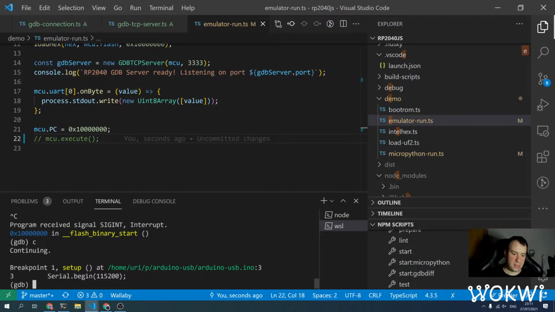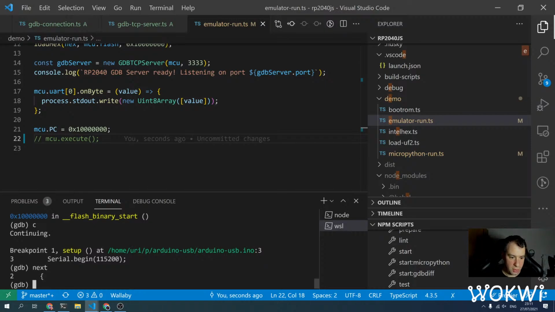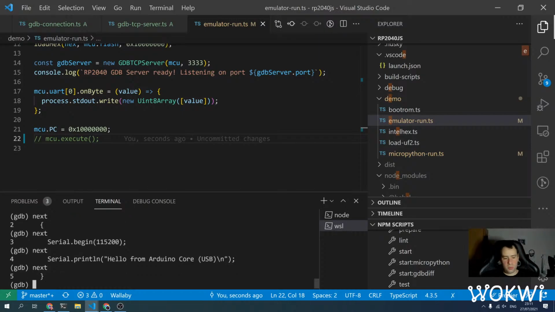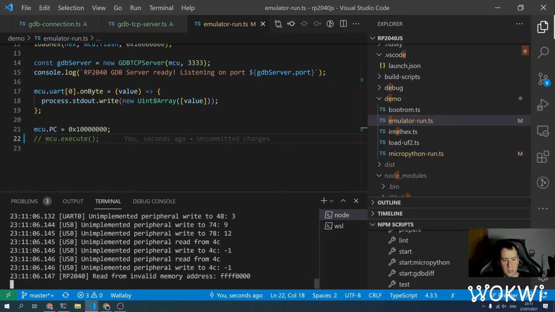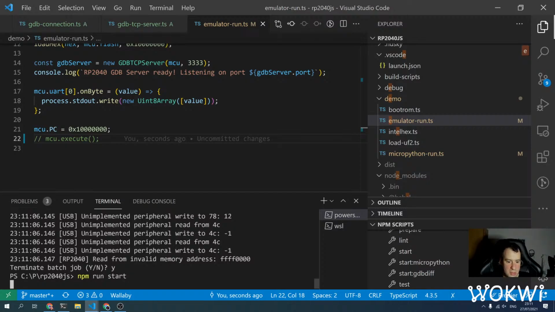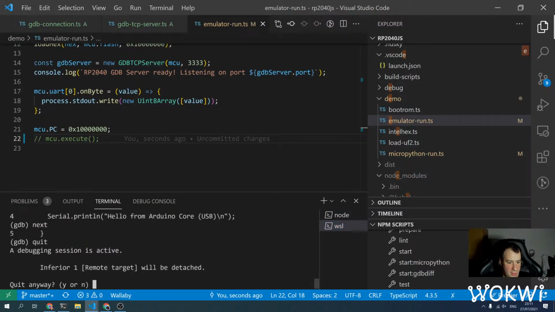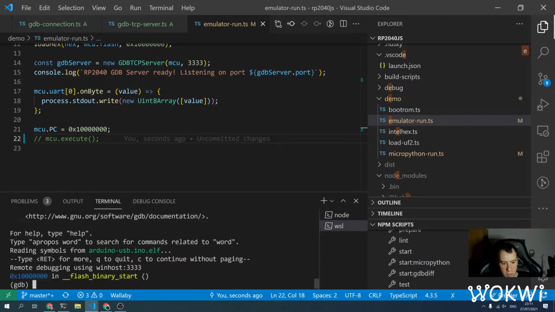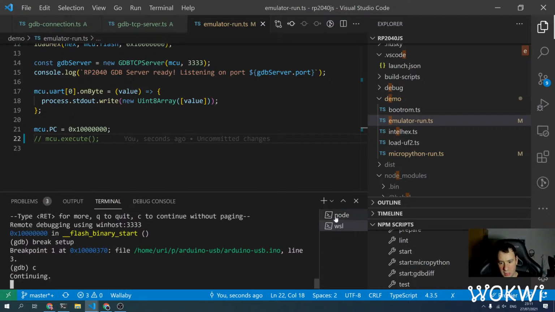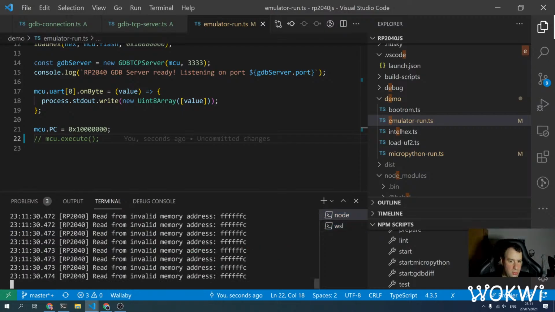So yeah, I can see that breakpoints work. If we go to the next line, it should probably also work. Yeah, so this works. I'm still worried about, I'm worried all the time. First of all, what is this invalid memory address? Where does it come from? But then I also want to know, I break setup, and then I said continue, but it never continued. So we may still have some issue with,